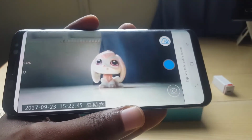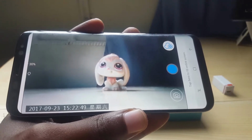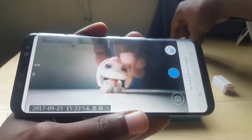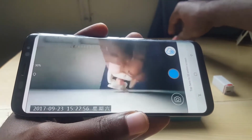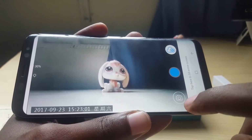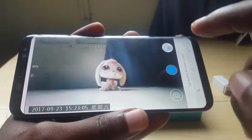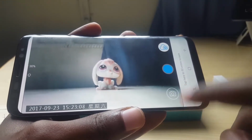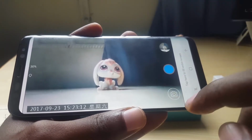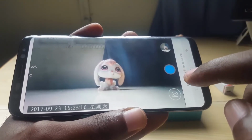Now you can use a security camera, but as you can see here, guys, you're actually taking in the camera, and of course that's a cool little object there. You can do a number of things. You can snap a picture. So if I wanted to, I could, from another room, actually move and snap a picture. As long as I'm in Wi-Fi range, I can connect to the Wi-Fi and actually view the camera. I can record video, snap a shot. So it shows there that I have successfully captured a